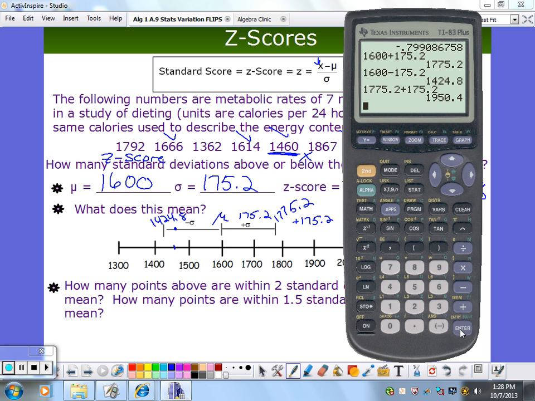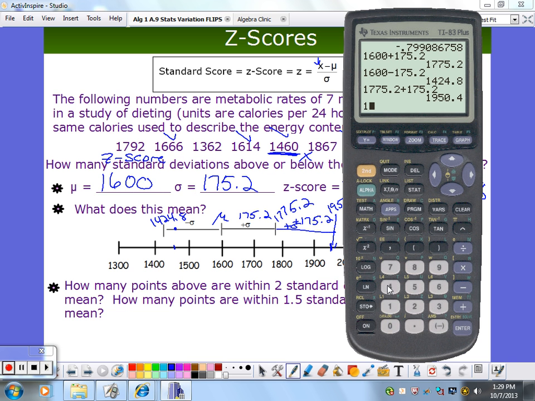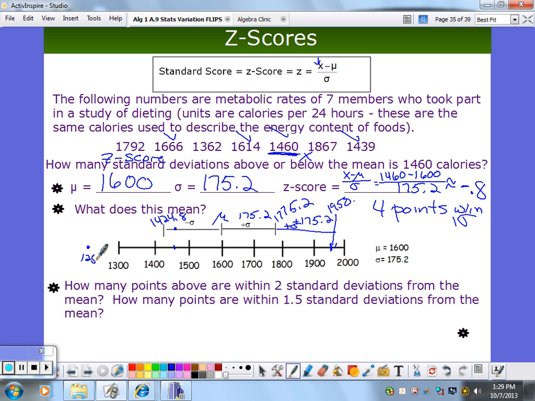Just because these numbers are big, I'm going to be over at 1950-ish. But that's 2 standard deviations. What about the other way? How am I going to find my limit going this way? Subtract it from that other limit. So 1424, subtracting a standard deviation, it's about 1250. I'm just going to make it 1250 just to make it slightly easier. So over here somewhere at 1250,